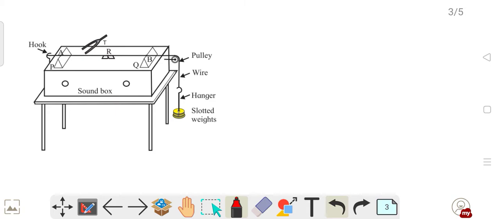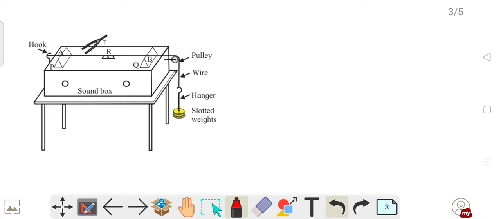If the natural frequency of the tuning fork and the fundamental frequency of the string match, then that condition is called resonance, and in that case the vibration will have the highest amplitude. This highest amplitude can be observed by putting a rider or a piece of paper over the string, and we can observe that this paper will fly off as soon as resonance is observed. So this is what a sonometer is all about. Then we can prove the laws of a string through this sonometer.